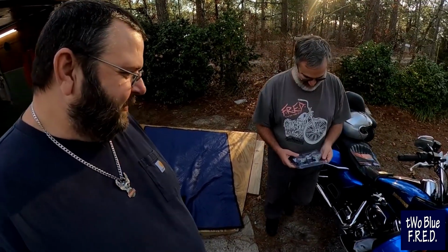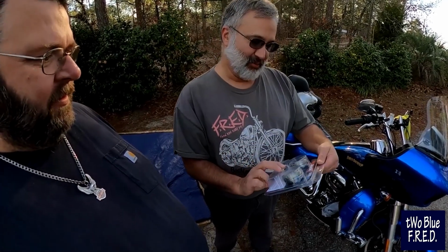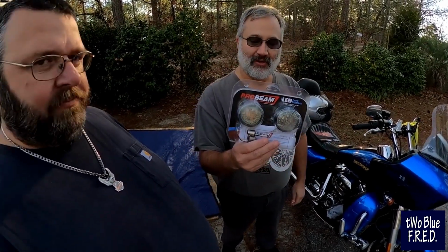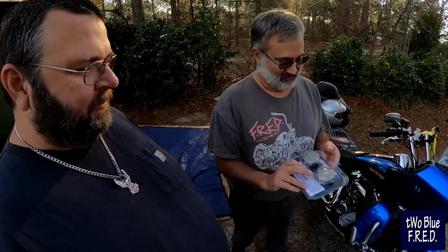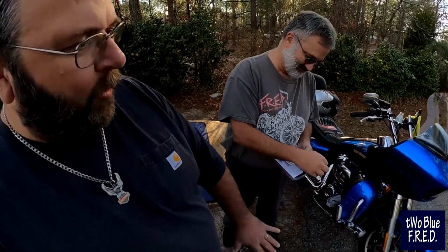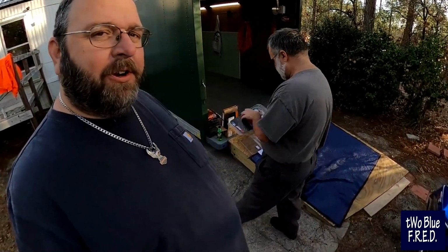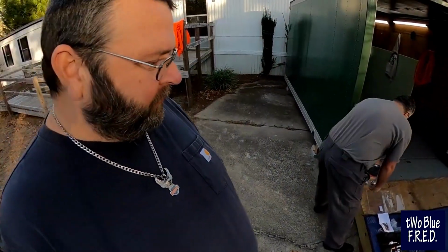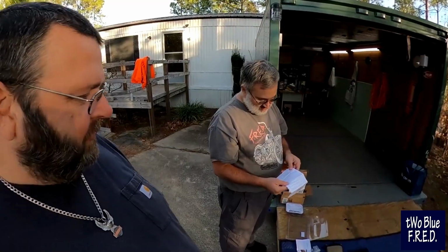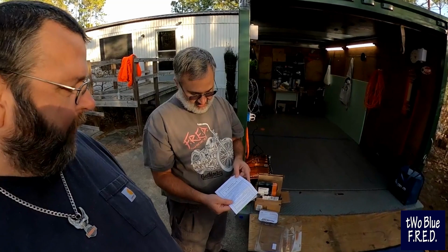Yeah. So we installed these on the Zephyr. These are just the Pro Beam turn signals. They're really cool. So I dig them. So now that would be all white lights in the front instead of the yellow ones, yeah. Unless we're turning, then it'll go orange. It's BCM compliant. However, you must run the 4-way hazard flashers 3 minutes to allow the...